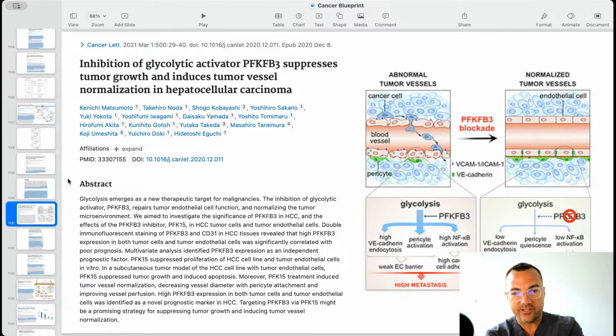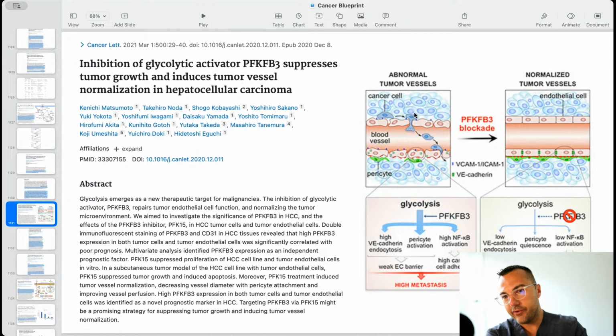Double immunofluorescence staining of PFKFB3 and CD31 in hepatocellular carcinoma tissue revealed that high PFKFB3 expression in both tumor cells and tumor endothelial cells was significantly correlated with poor prognosis, which makes total sense, because if you've got a bunch of PFK around, that means either growth signals are upregulating it, or it's allowing the Warburg effect to propagate and actually get worse. And we also know from prior videos that PFKFB3 is responsible for, at least partially responsible for,